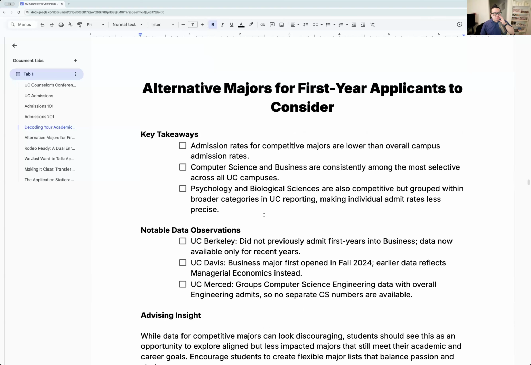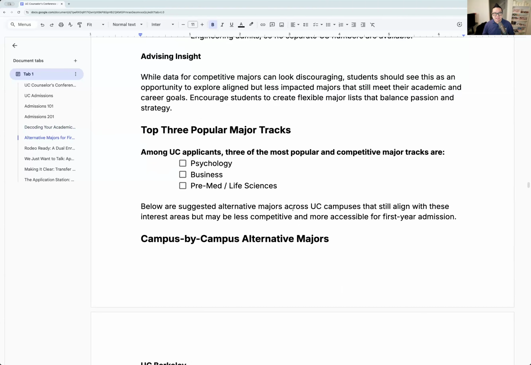Alternative majors really fast as well. The UCs now have a major and an alternate major. Alternate majors haven't mattered as much because most people go through the first round and run out of spots as well. But they are recommending students pick alternate majors. There's a few colleges like psychology, business, and life sciences that they highly recommend. If you're picking one of these, pick an alternate major that may help you. They might consider a second major as well.